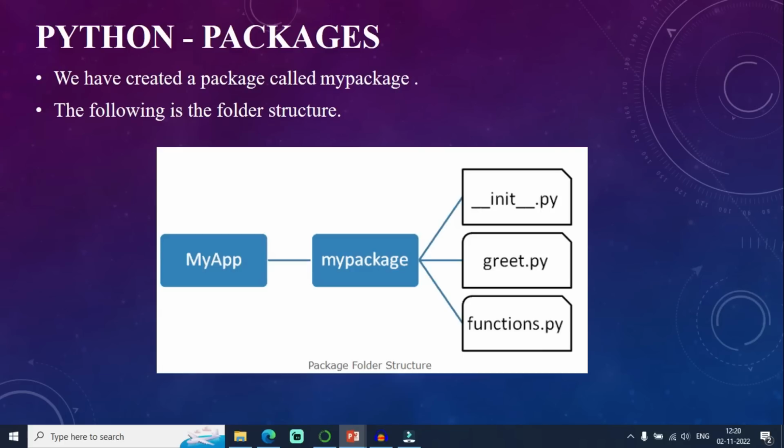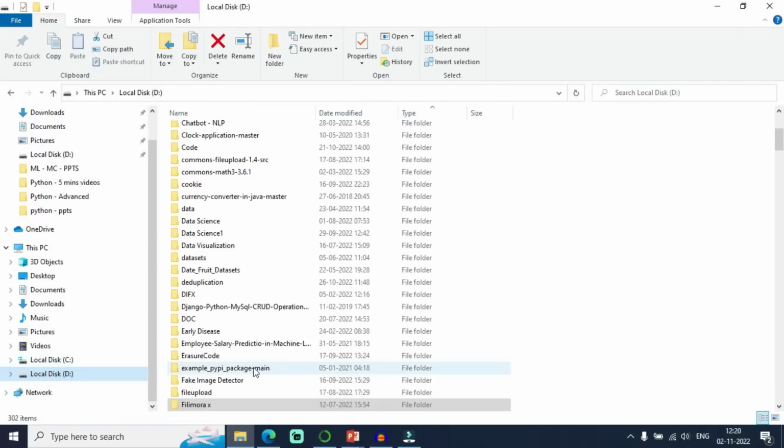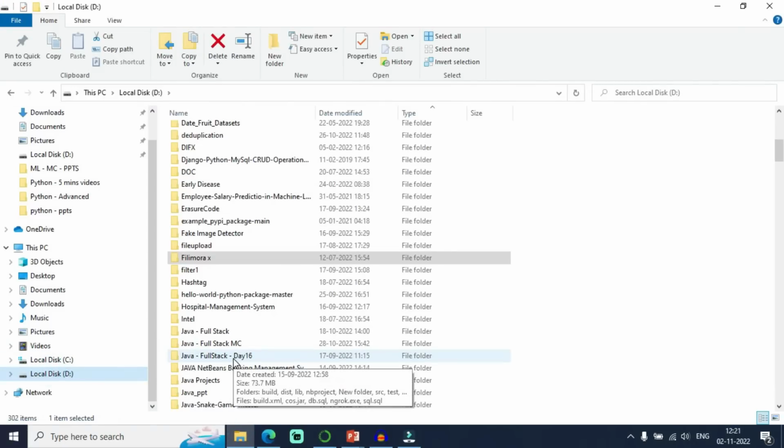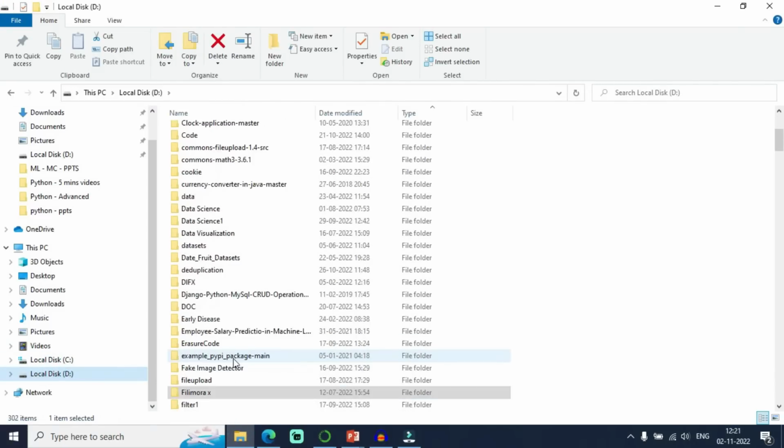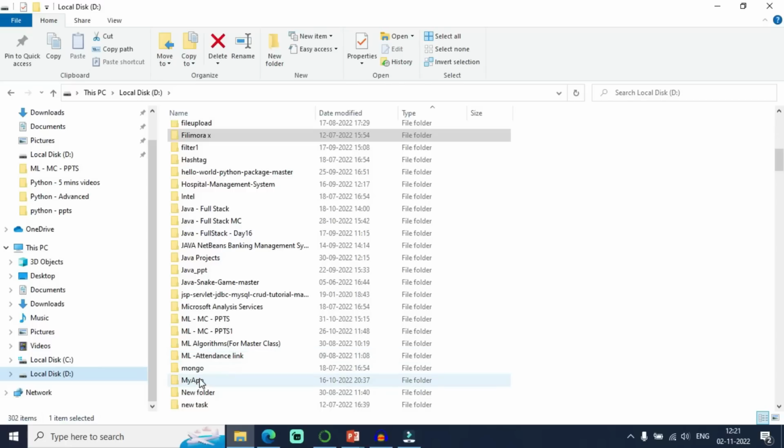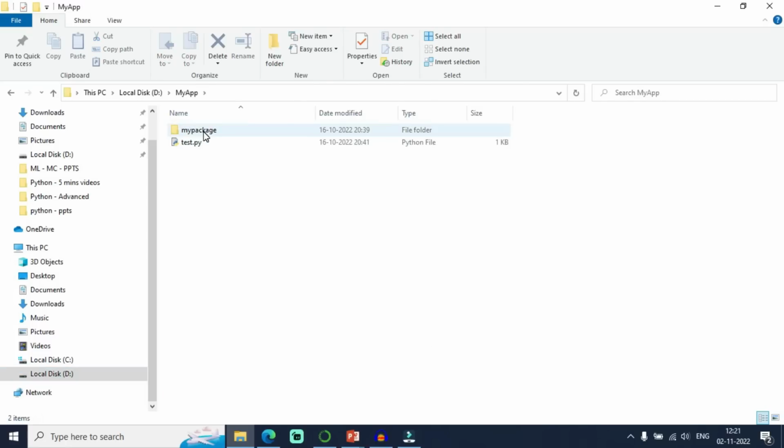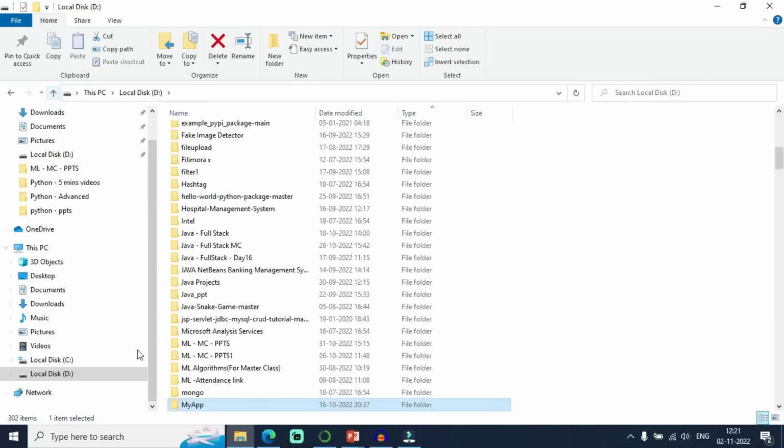This is how the folder structure looks like. Inside my D drive, I have created a folder called my app, and inside this I have created a package called my package.